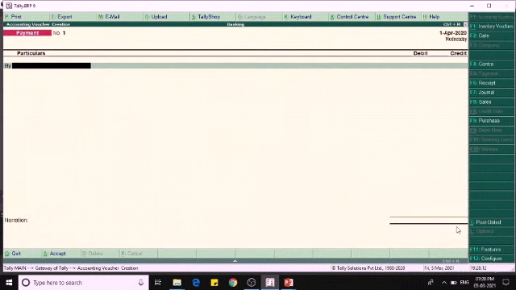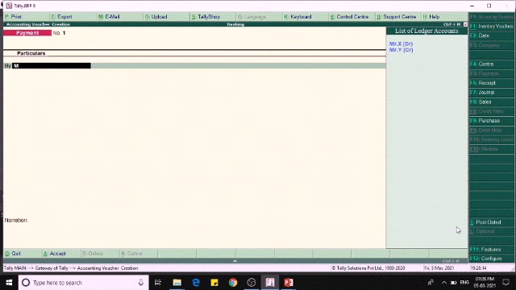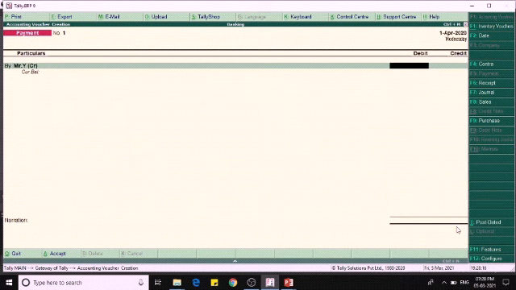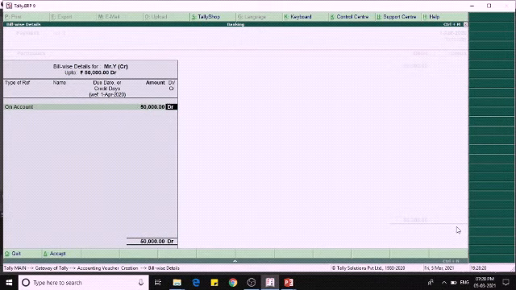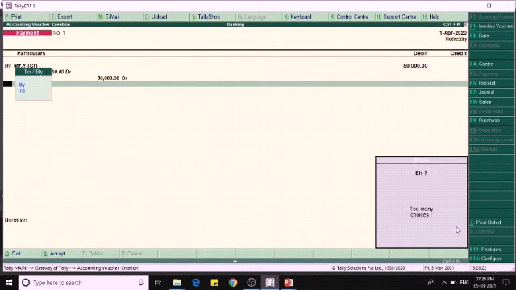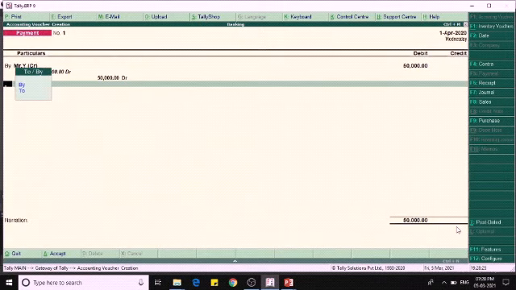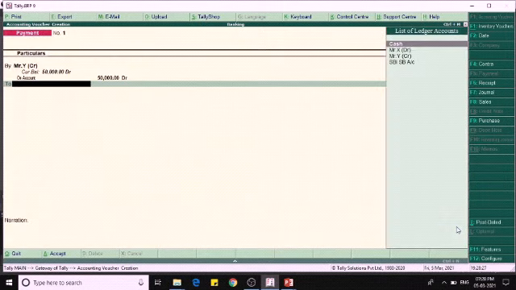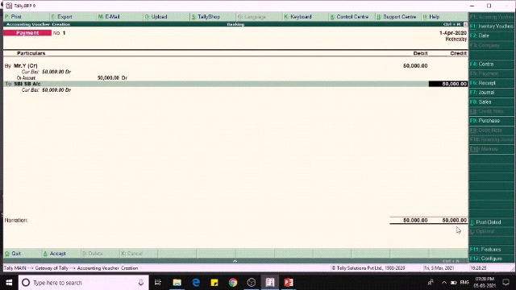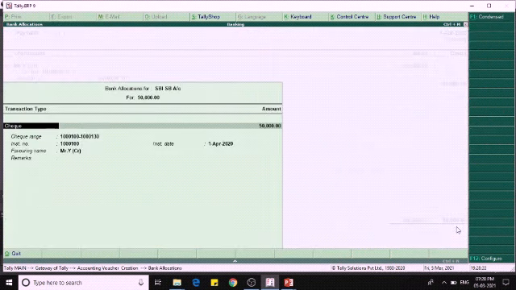So for example, Mr. Y, amount is 50,000. So in the 'to', I am giving SBI account. Okay. So now we are issuing the check. We can see the check range, right? So 50,000.